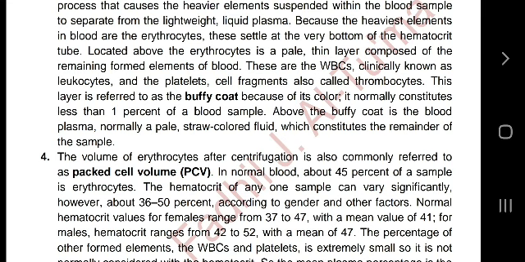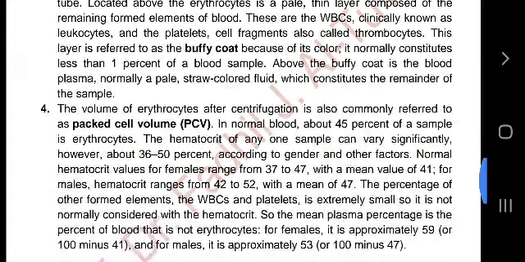The normal hematocrit value for females ranges between 37 to 47% with a mean value of 41. For males, hematocrit ranges between 42 to 52 with an average of about